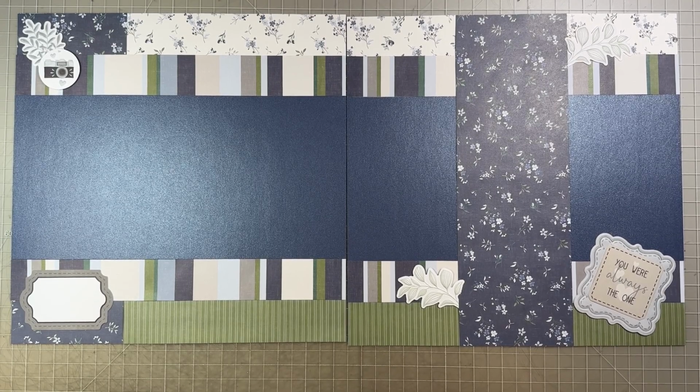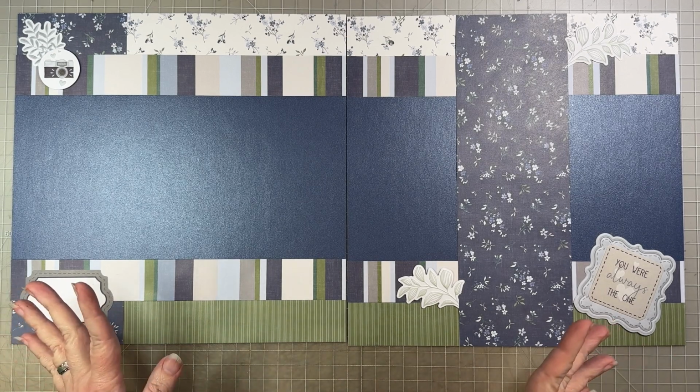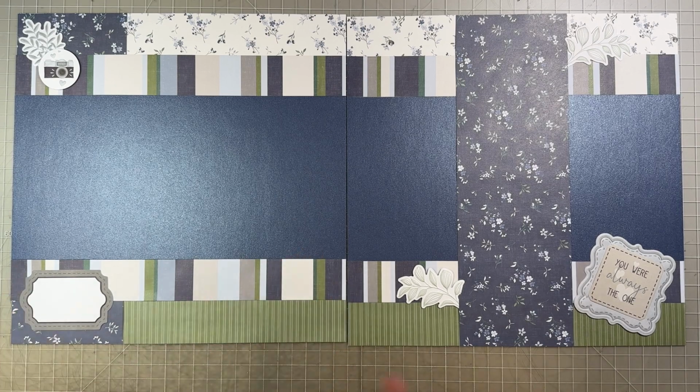If you're not familiar with this, this is a YouTube collaboration that I do with my good friends Debbie Martin and Donna Guest, where every month we get together virtually and divide up one of the paper packs from the current Creative Memories collection, and then either the stickers or the embellishments that go along with them. And then I make one double page layout, Debbie makes a double page layout, Donna makes a double page layout. So if you choose to follow along with us, when you're done, you'll end up with 3 double page layouts